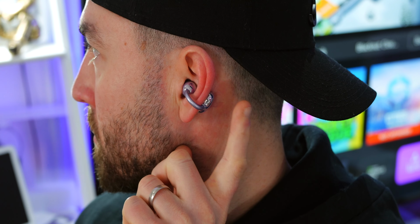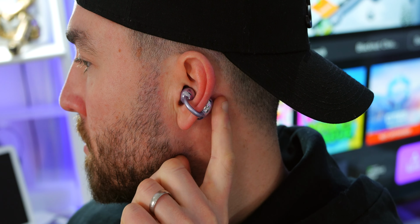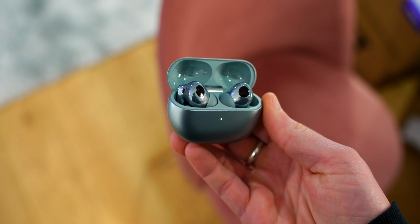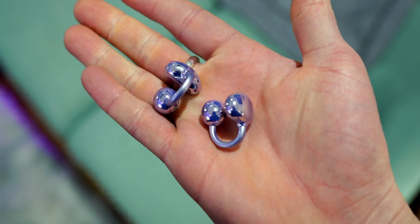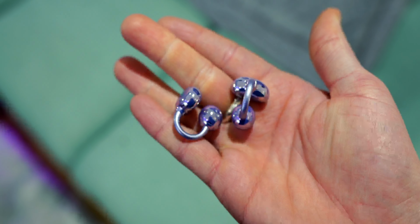Well, in pure audio quality, they naturally aren't quite as immersive and rich as the FreeBuds Pro 3, which are a very, very solid audio product. But that doesn't mean these are bad by any means. They have 10.8mm dual magnet driver units, and while the bass could be slightly punchier, as long as the buds are firmly in your ears,